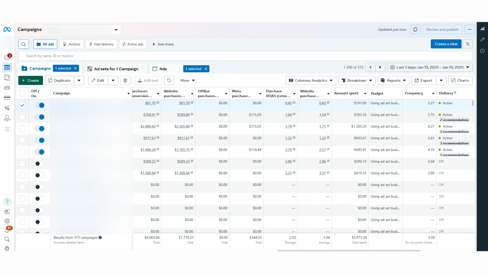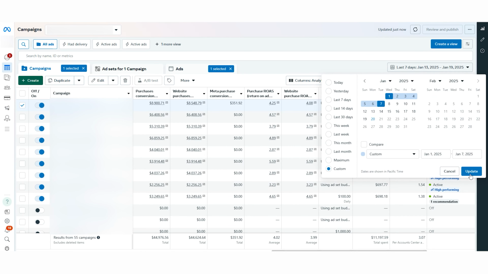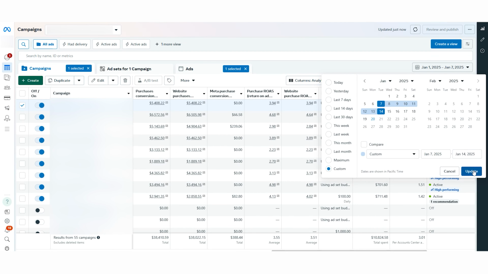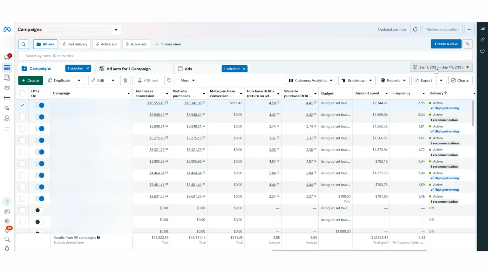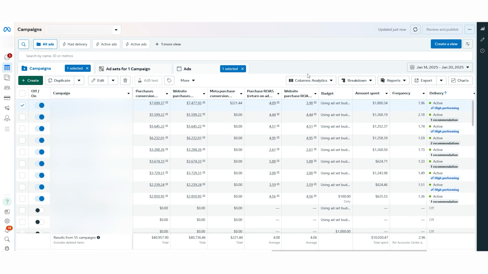Let's continue to more ad accounts. So let's take a look at this ad account. Okay, so in this ad account, we can see from 1 to 7, the results is 3.5. From 7 to 14, we're having 3.85. And from 14 to 20, we're having this. So the trend on this ad account is that we're doing better, okay?